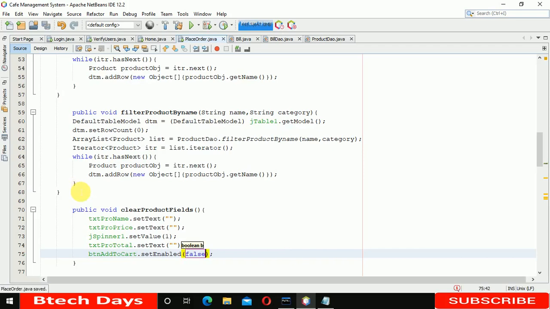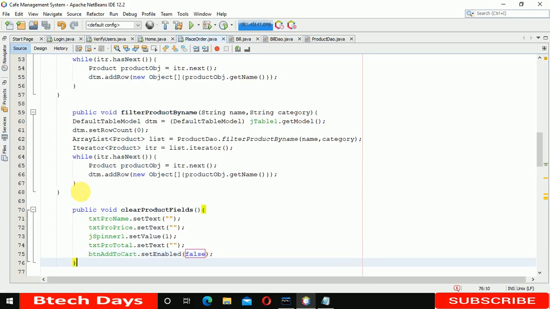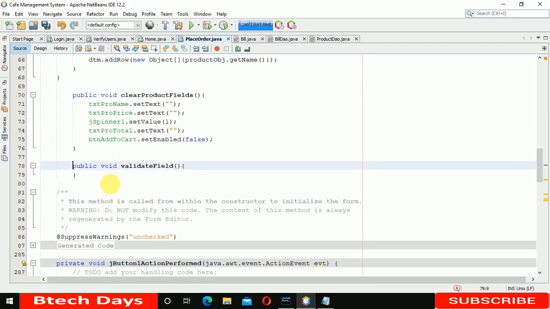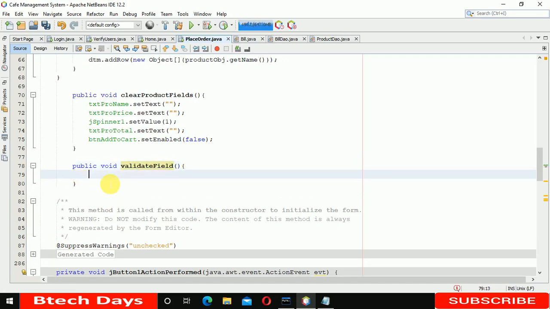After that we are going to validate the fields, so we are going to write the code for that. So now let me move a little bit up. Okay, so public void validate field, this one. And here we have to check an if else condition. So first we have to get the values. So customer